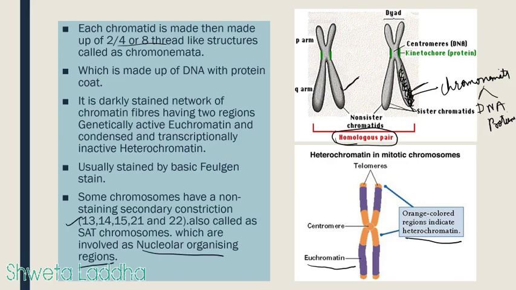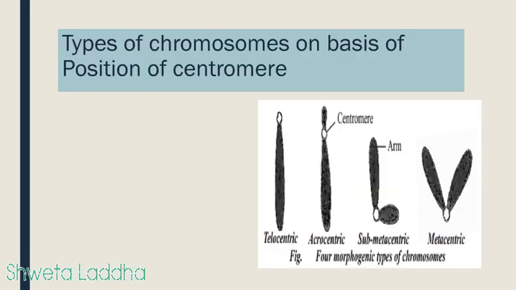Which chromosomes are SAT chromosomes? Only the 13th, 14th, 15th, 21st, and 22nd autosomes are SAT chromosomes. Types of chromosomes on the basis of position of centromere. There are four types: